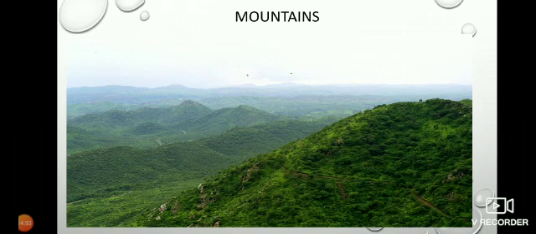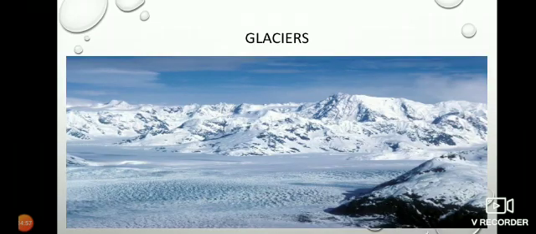So now let us move to another landform, that is the glacier. How can you define a glacier? A glacier is a huge mass of ice accumulated on the land, moving slowly under its own weight.